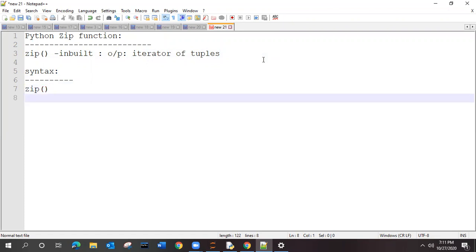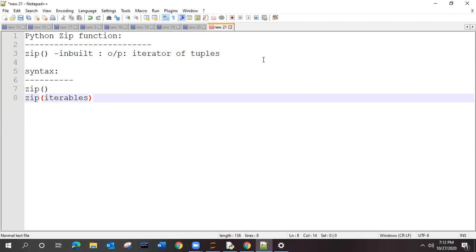Second syntax, it can have some iterables inside. There is a chance that it can have its own iterables, and those iterables can be normal lists, strings, dictionaries, or user-defined functions.